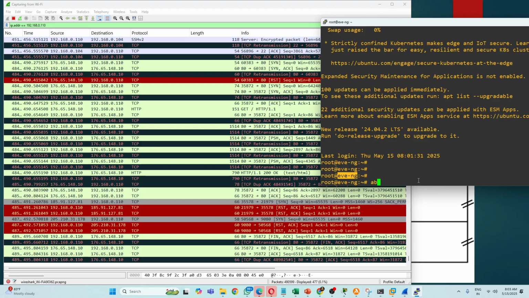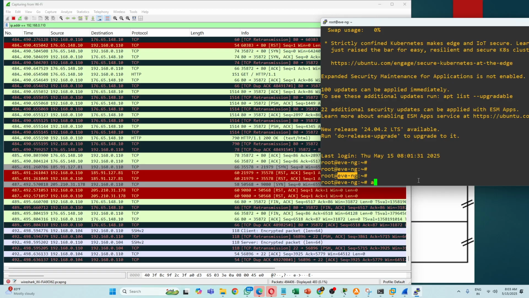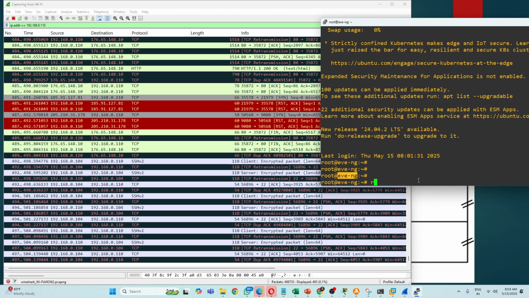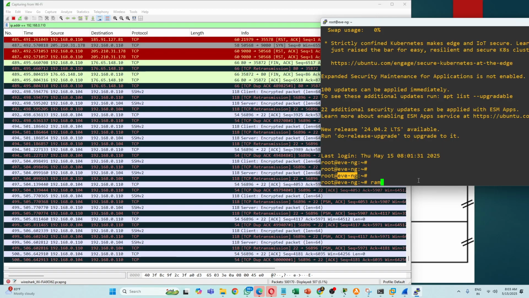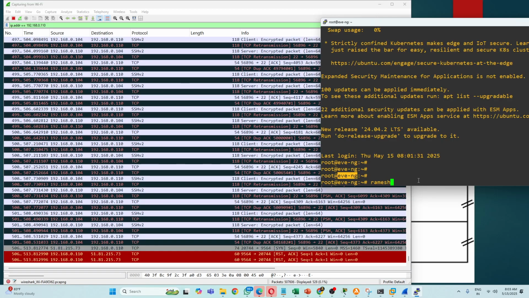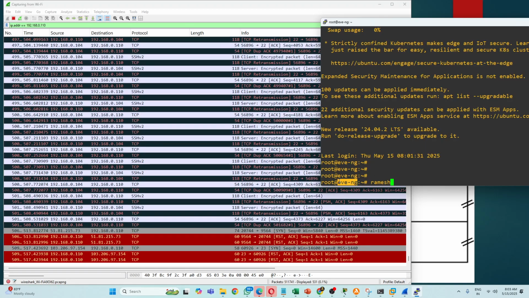See now, I'm clicking backspace. See some transactions. I'm clicking more backspace. See some transactions. Suppose I'm typing something, R, A, M, E, S, H. For each letter I type on the keyboard, whatever instructions I give on my local computer, it is reflected on the remote server. Immediately the data I give is applied on the remote server.